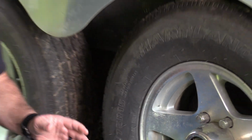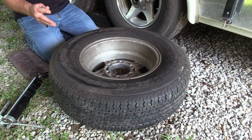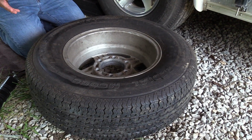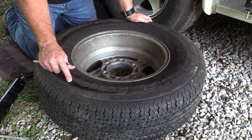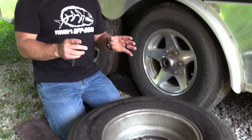Now, something else you want to do is check your spare tire. Sometimes people don't think about this because you don't think about a spare tire until you actually need your spare tire. So what you'll do is check your air pressure in your spare tire, and another thing you'll want to do is check to see how old your tire is. Your average trailer tire is going to last about maybe 4 to 7 years depending on the climate and where